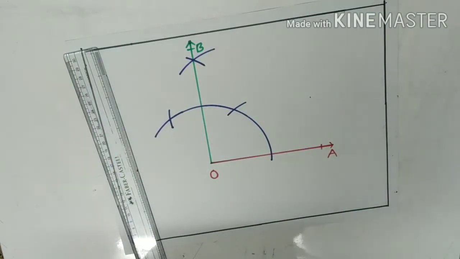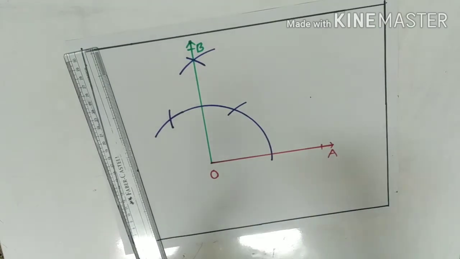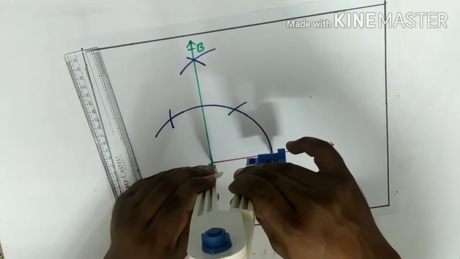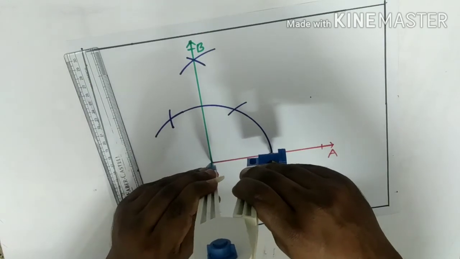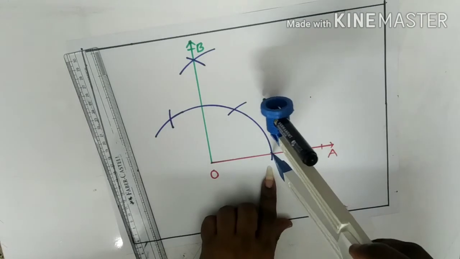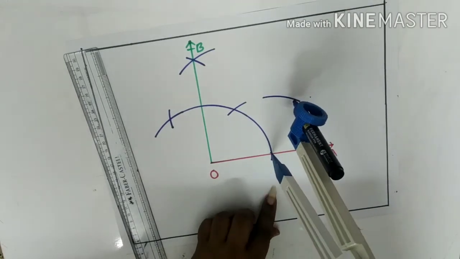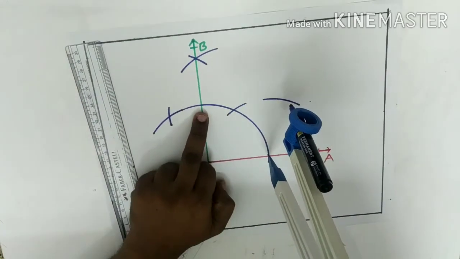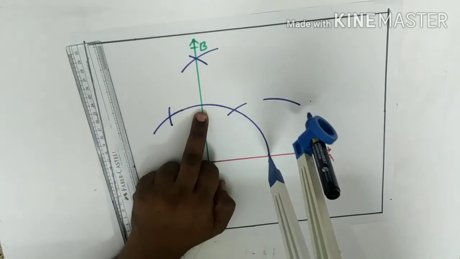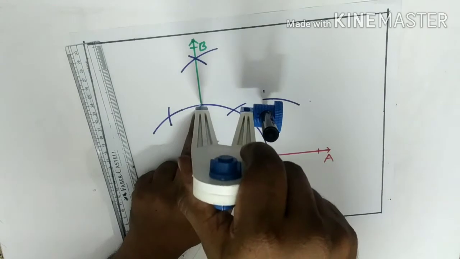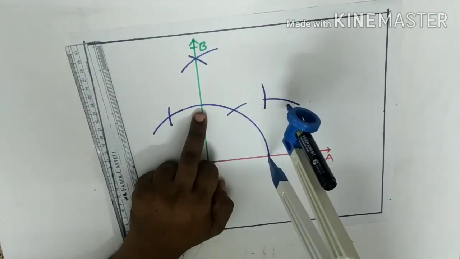Now 45 degrees, half of 90 is 45 degrees. So do not change this. Suppose by mistake if you change this, no problem, you can adjust like this. Now where this line and arc are intersecting, draw an arc. Next arc is, not here children, where this 90 degrees line is intersecting, from this point you should draw the arc. Good. Now just extend.